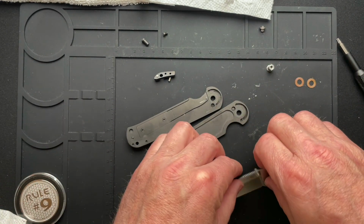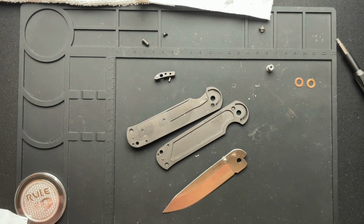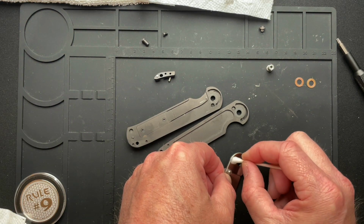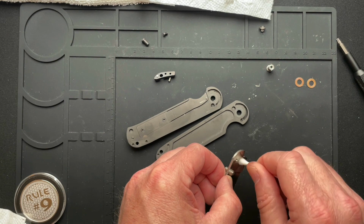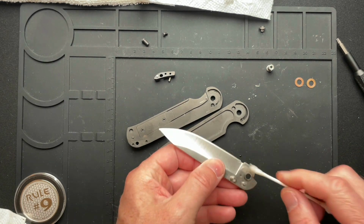Alright, so the blade, let's see if I can do a little bit with the Q-tip on there, because there is some stuff on the edge around the stop pin that I wish was a little more clean. Clean out the inside of that too. And see the other side. We'll be careful here, because